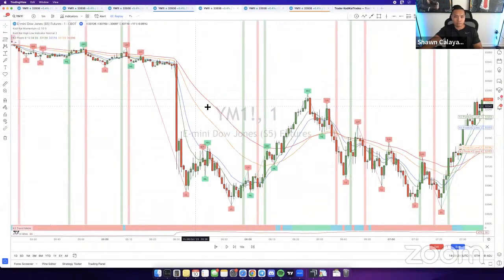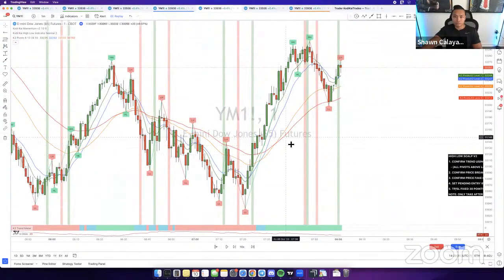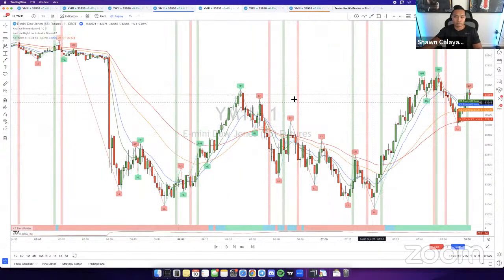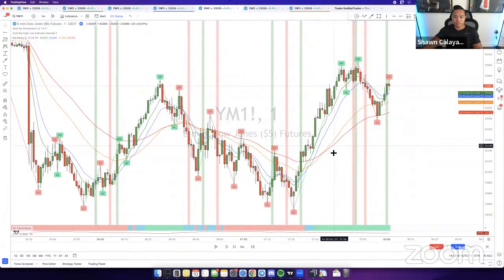You can see over here for my red pivot, whenever the red pivot is above all the other pivots, you can see how price goes into a downtrend, right? And then vice versa, you can see over here when the red pivot is below all the other pivots, price is in an uptrend. So once you see it with your eyes, it's pretty easy to identify. You don't have to really look for much. You're just looking for where the pivots are sitting.